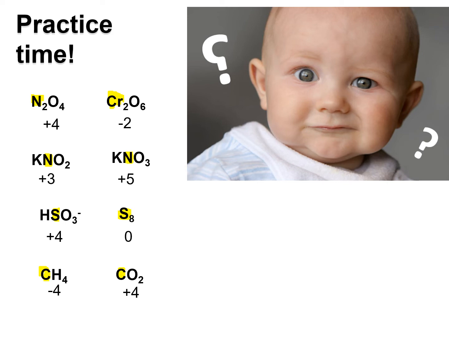So these are the oxidation numbers for these compounds. The first two, the thing that could be tricky is that you take the oxygen here, so it's the one where you can predict the pattern. Oxygen is always -2. This is not a peroxide, so it's -2. So -2 times 4 is -8, and the total should be 0 because the molecule is neutral. That -8 needs to be spread over 2 nitrogen, so you divide by 2, and you get 4.